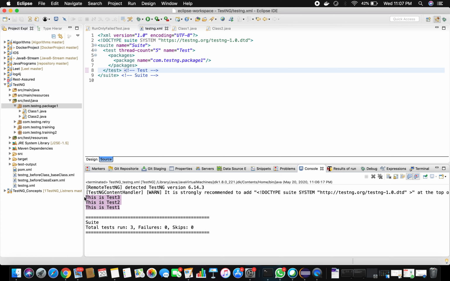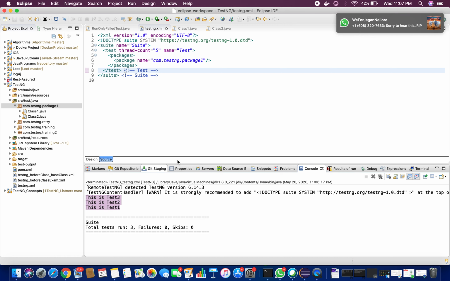In the same way, if we have a package1, and under that we have one more package called a sub package, and under the sub package we have another class and test cases defined, this particular package tag will help you trigger all the cases from the package and from the sub package. Whereas if you use the classes, they will not work actually.